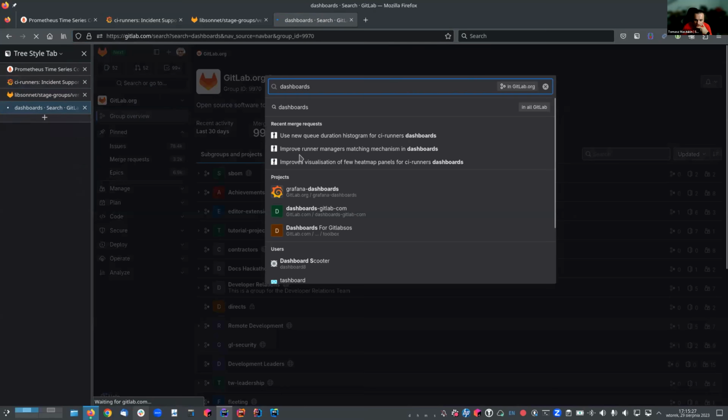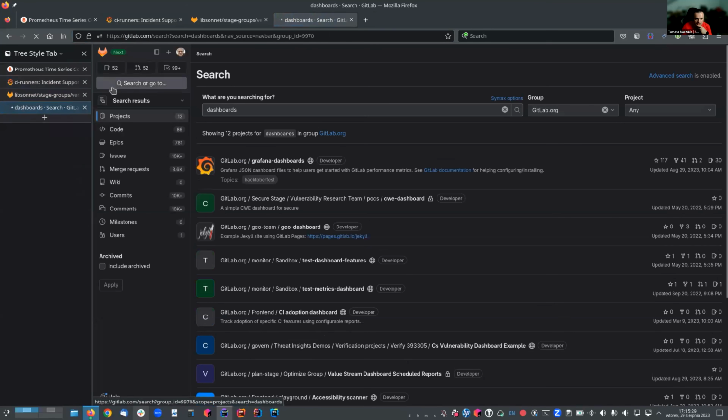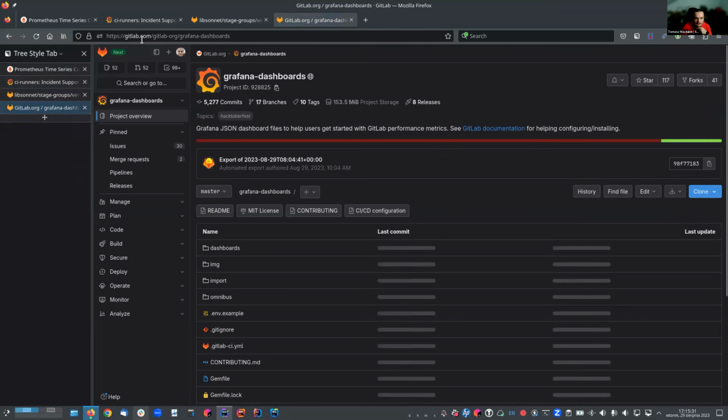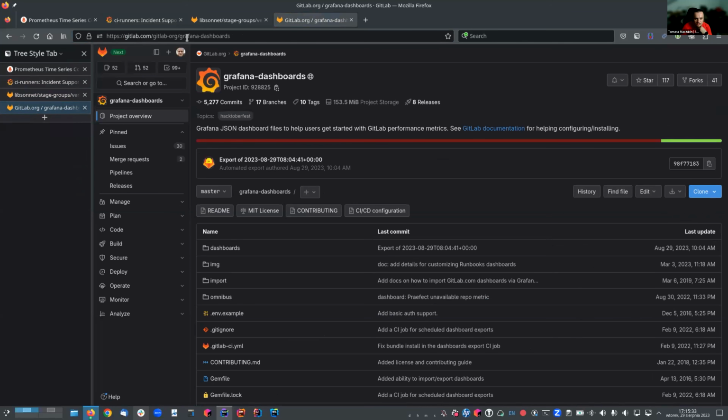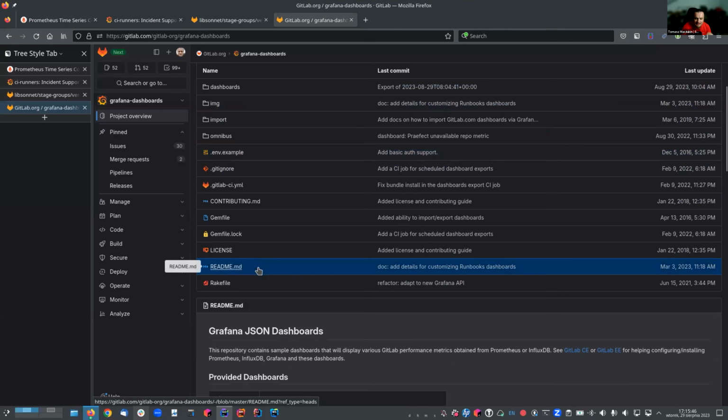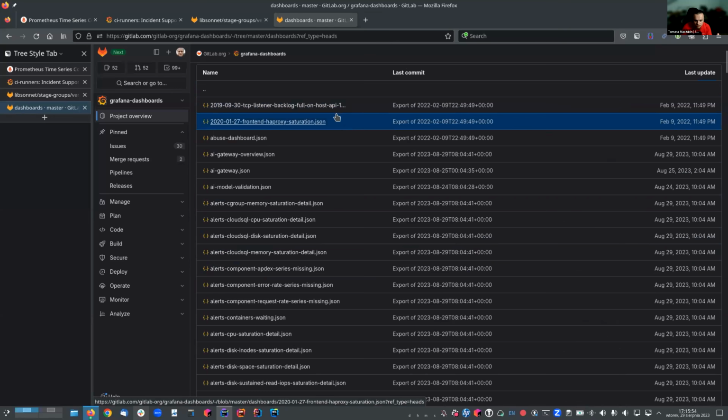Dashboards exports. Yeah, it's gitlab.com, GitLab org, Grafana dashboards. And this project, from what I remember, has a daily or hourly, I think it's the daily dump of all or some of our Grafana dashboards. So if you go to dashboards,